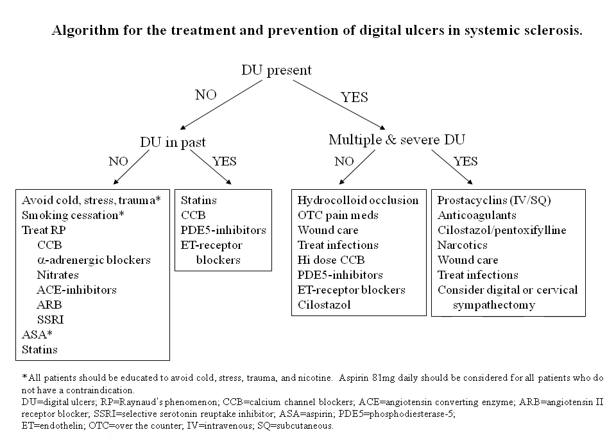So if they've never had digital ulcers in the past or currently, then we treat their Raynaud's as aggressively as possible. And yes, RP stands for Raynaud's phenomenon. And so essentially 90% of patients will have significant Raynaud's phenomenon. And we treat them with various drugs, including calcium channel blockers, which are blood pressure medications, ACE inhibitors, another form of blood pressure medication. We even treat them with medications called selective serotonin reuptake inhibitors, otherwise used for depression or